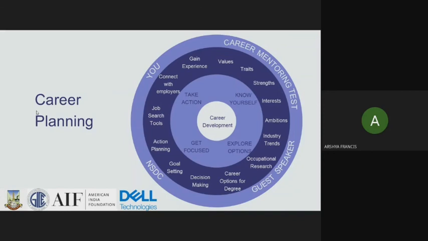So to begin with, never underestimate the importance of internships. So जब भी आपको free time मिल रहा है, just join any internship and get some experience. And have you heard about LinkedIn? So we're not here to promote LinkedIn, but we just want to help you understand what LinkedIn is. So आप लोग LinkedIn के बारे में सुने हो?